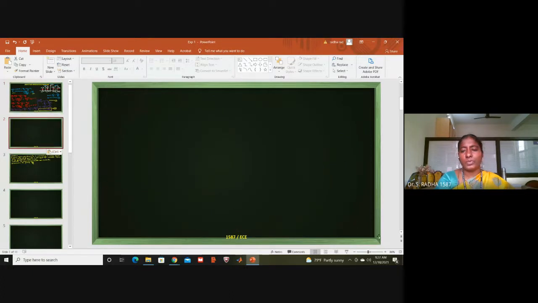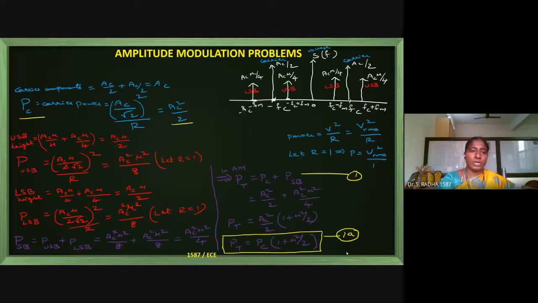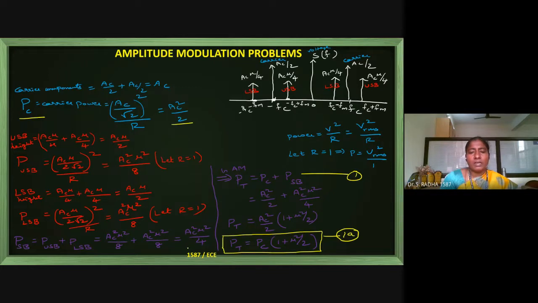Now what I will do, I will calculate how much is the sideband power with respect to total power. Okay. So we have equations for sideband power, we have equations for total power. Now I have one more parameter which is called efficiency in AM, amplitude modulation. In AM, efficiency equal to sideband power by total power. You can see sideband power, the last line left side. This is the sideband power, AC square mu square by 4.